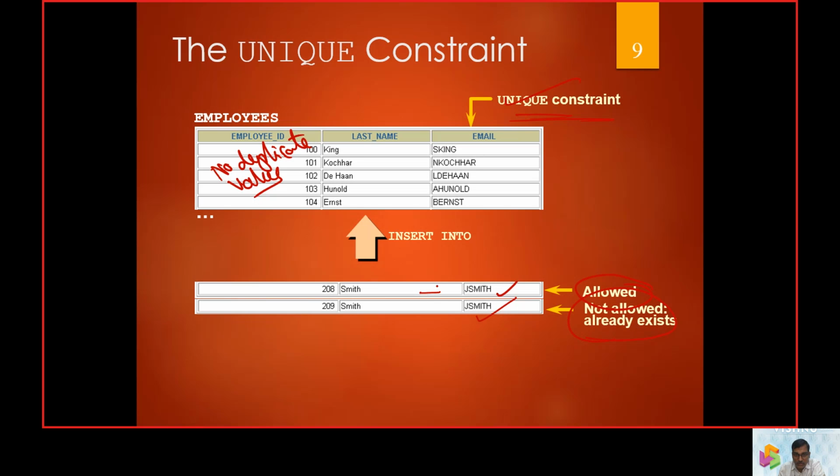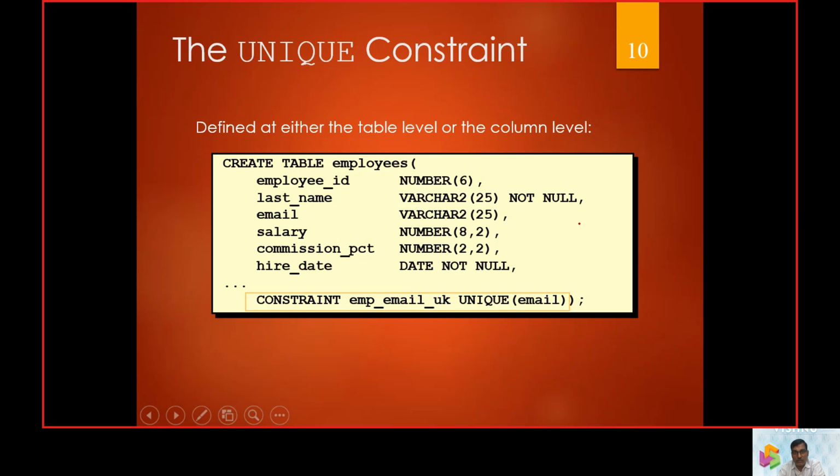That means the Smith entry was already recorded, so you can't give a new Smith, and there will be an error at this point. Because it is already taken in the field and the value should be unique, there are no duplicates and no redundancy. So for that we use the constraint called unique.